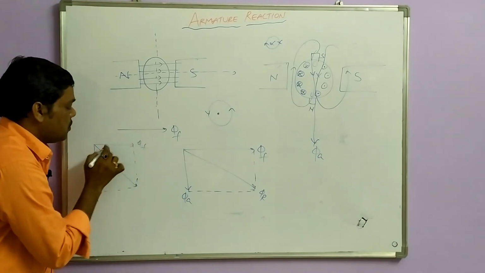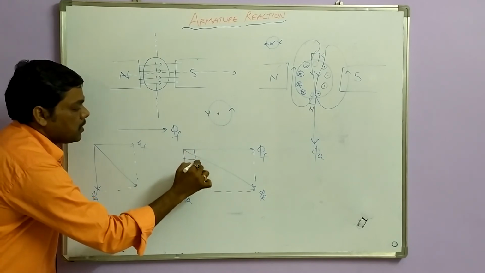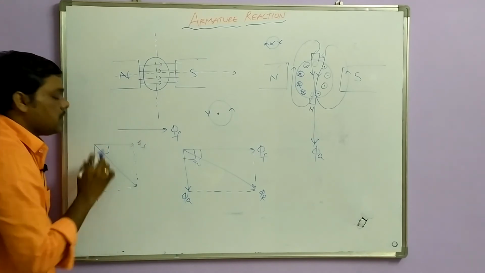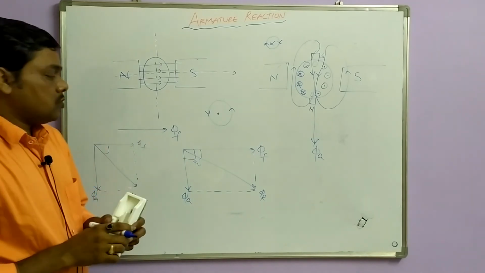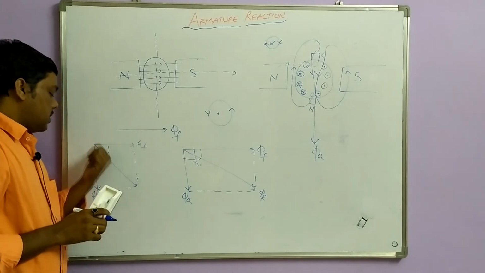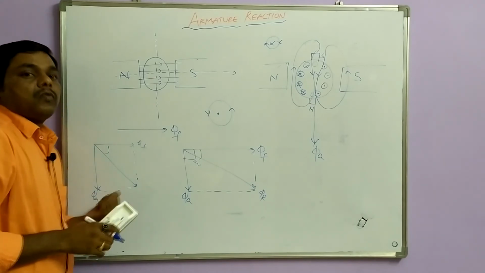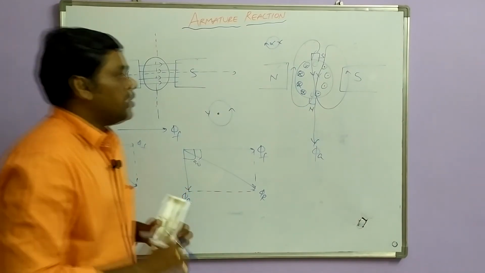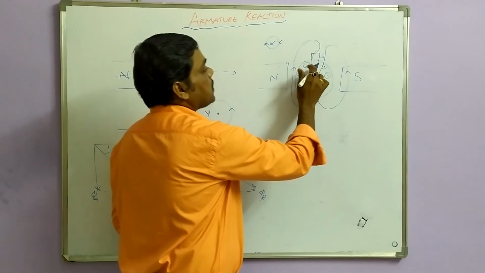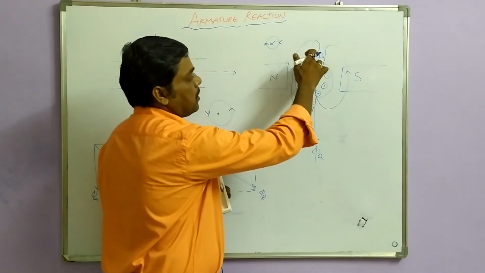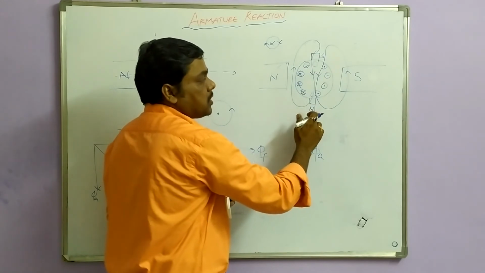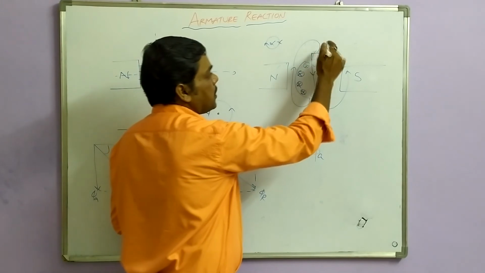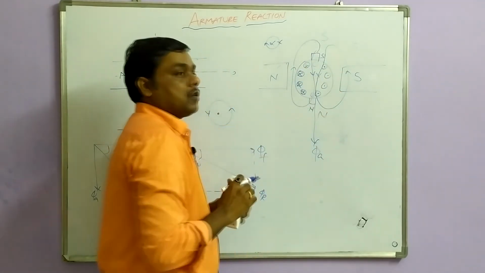Now you can see here, this is 90 degrees between the field flux and the armature flux, and you can see this angle is going to make a difference. So when armature current increases, the armature flux increases, so further the induced EMF and the current also increase. And you can also observe here, due to the crosses, this flux direction is downwards, and the dots are also indicating. So we are creating one south pole here and one north pole here.